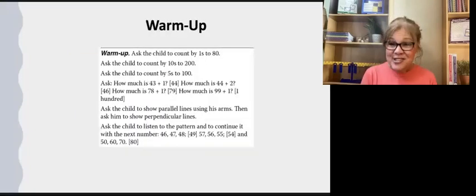Now, each lesson starts with a warm-up. You know this. If you are teaching RightStart Math, you know this. The purpose of the warm-up is to help you know what your child is learning and what they're retaining. It's kind of like a quick quiz. It also gets your child ready to learn the new content. Now, many times the warm-up is going to include problems that your child is going to use as they learn new material in the lesson.